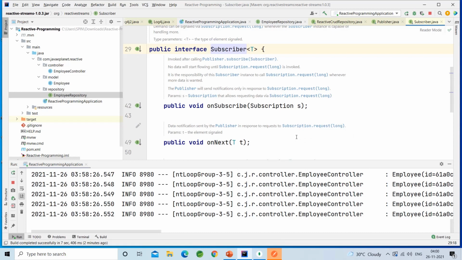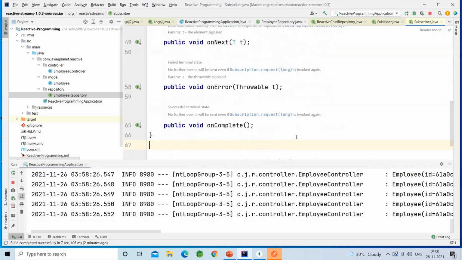When there are any errors, those are passed into the onError method. When the subscriber has done processing data, the onComplete method is called. So these are callbacks that are called by the publisher on the subscriber.